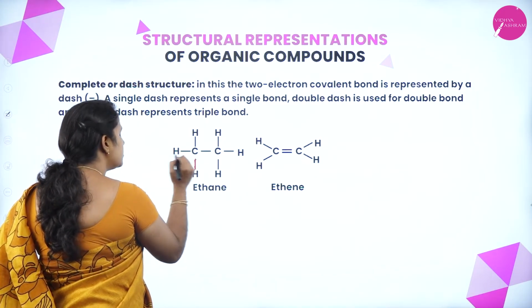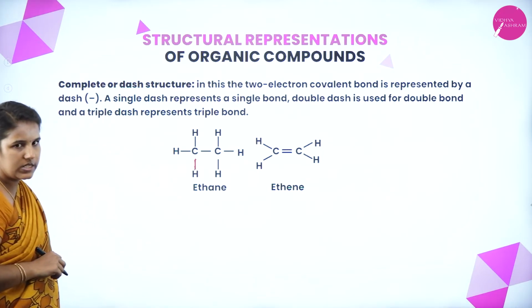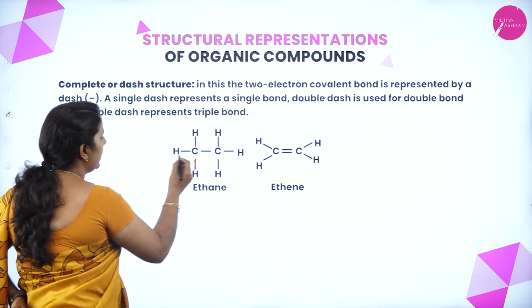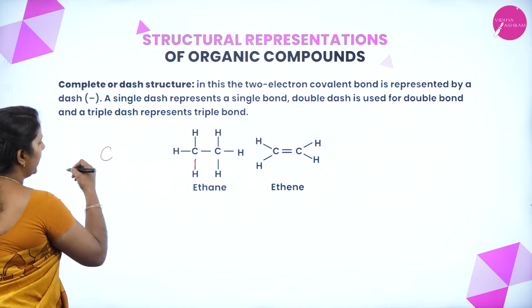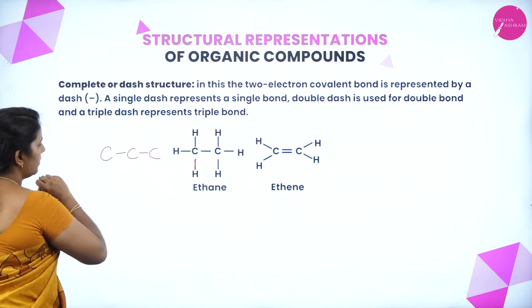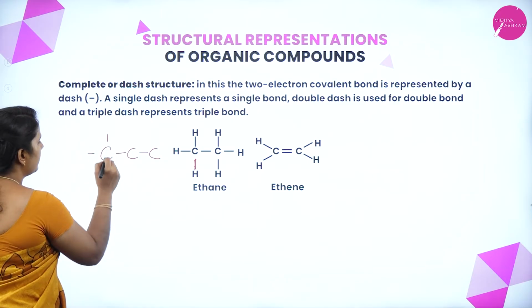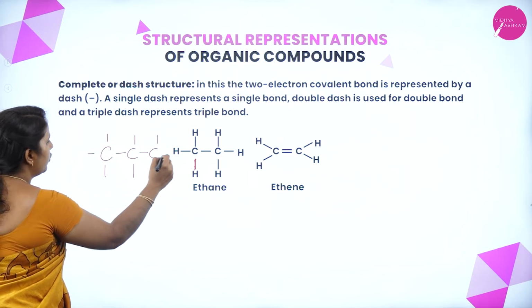If you join these 2 lines, it will become a dash structure. Okay. So similarly, I'll go with the alkane only. I'll go with the propene. So it has 3 carbon atoms. Correct. So each carbon atom is going to share 4 electrons,